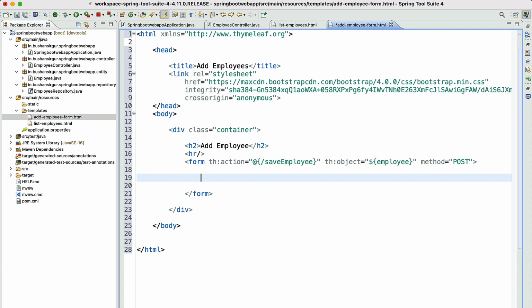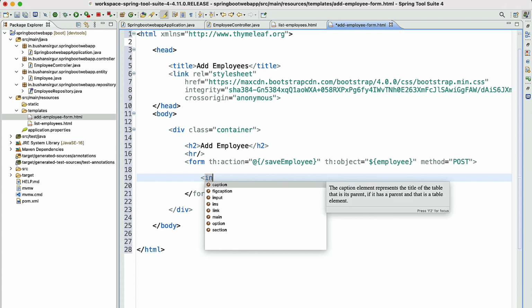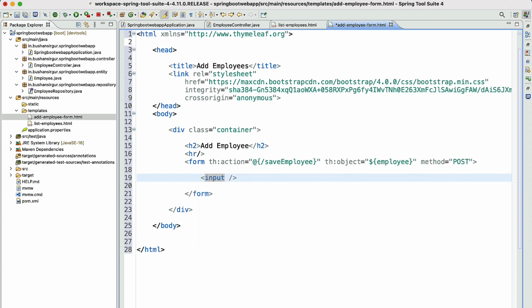Inside the form, we are going to create the input text boxes. Input, the type is text, and we are going to use the field attribute.